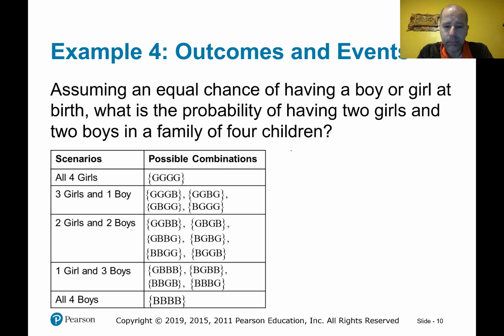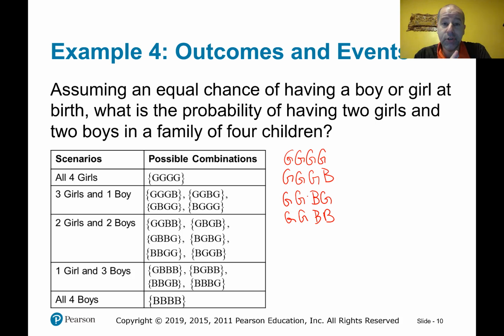So if we do girl, girl, girl, girl, and then girl, girl, girl, boy, girl, girl, boy, girl, girl, girl, boy, boy. Now notice that the last 2 went through the same pattern that we did before when we only had 2 children. Okay, so now what happens is those last 2 positions